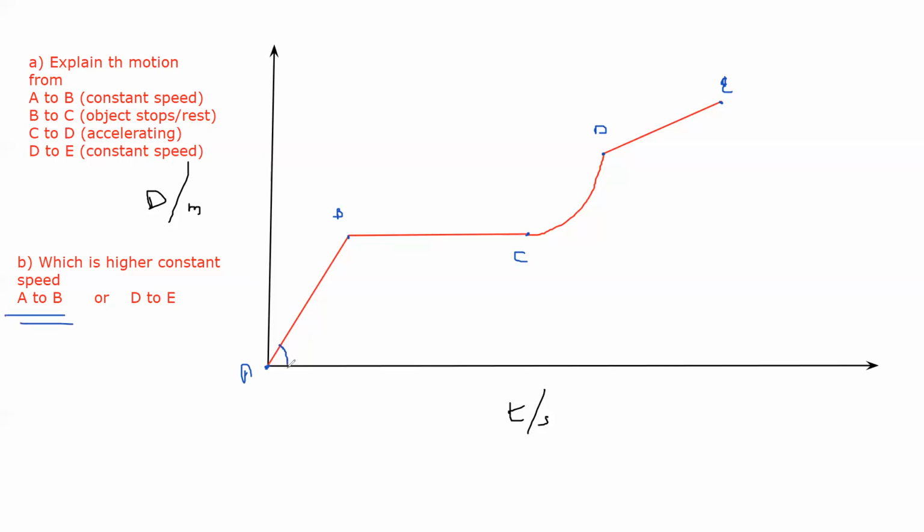Because the angle it's making with a horizontal line or x-axis is much higher as compared to the line D to E. It's making a smaller angle. So simply by using an angle or a gradient, and how you explain this answer, you can mention A to B is higher speed